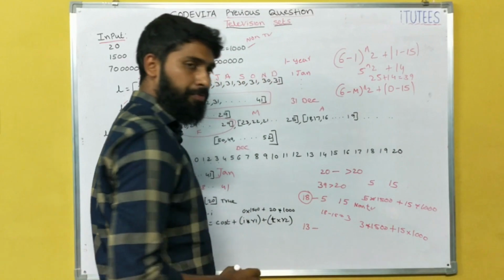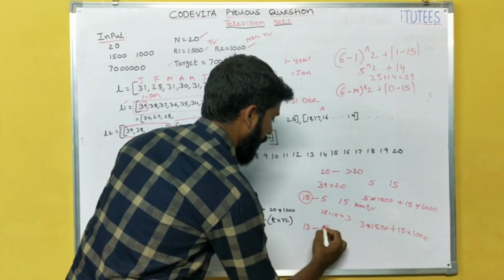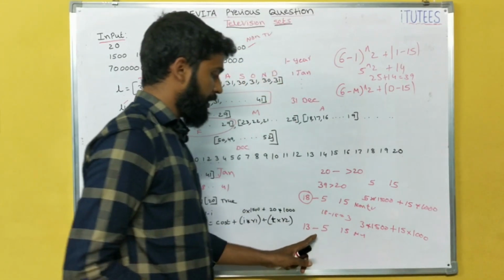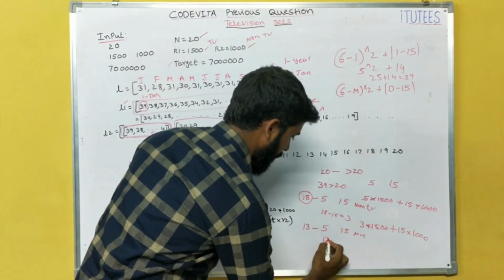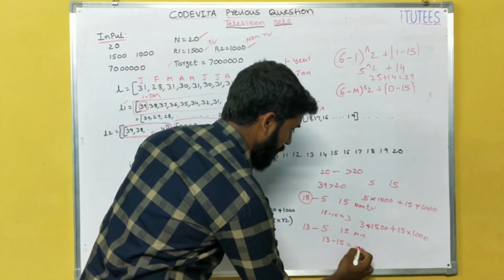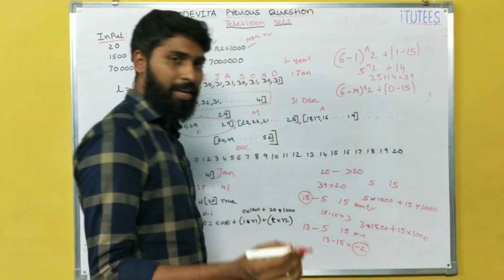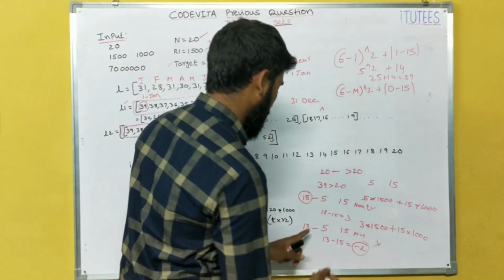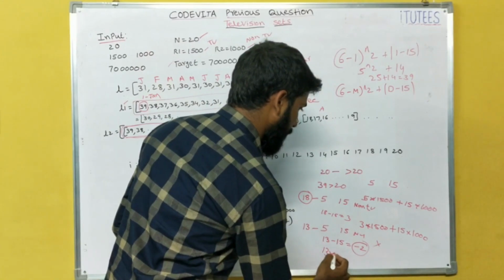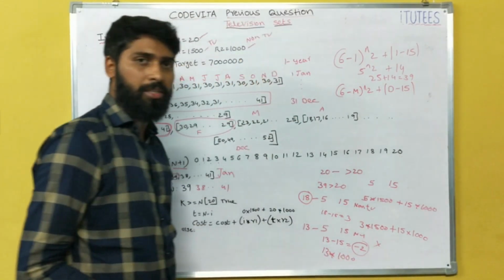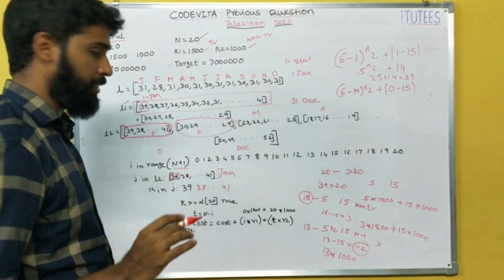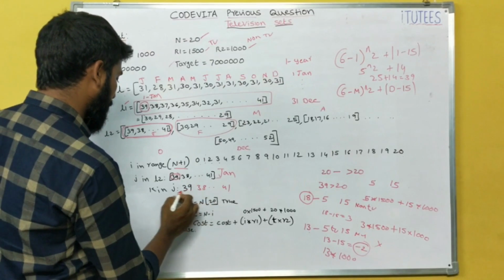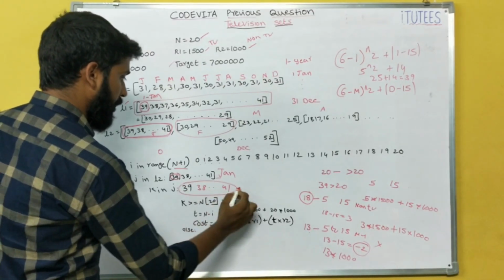Now 13 is the number of people on that day. The i value equals 5. Non-TV is 15. In this case, we can subtract that. 13 minus 15 equals minus 2. So that means less than 0. In this case, we cannot consider the TV room. So simply you can take 13 into 1000. These are the 3 cases we have. If you can calculate like this, so what are the 3 conditions? In the first iteration, we get the January cost.